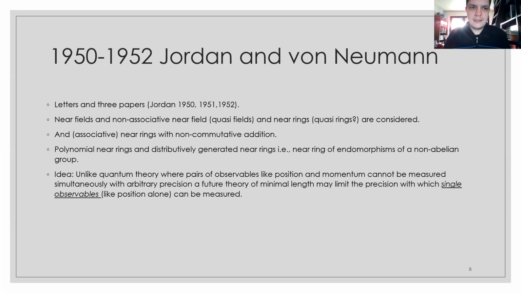So until 1951, Jordan considered commutativity of addition to be a basic axiom for a meaningful physical theory. And he was one of the first to work with what's now called polynomial near-rings and distributively generated near-rings. Why was he interested in working with one-sided distributive systems? His motivation was that he thought